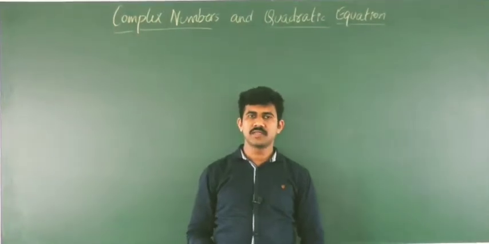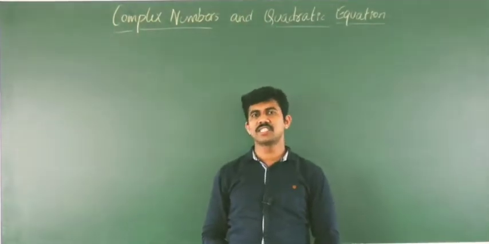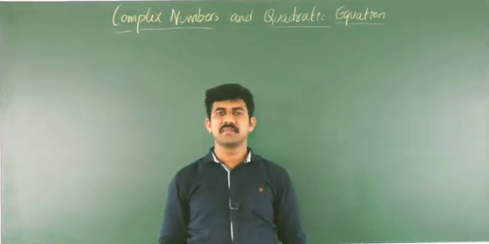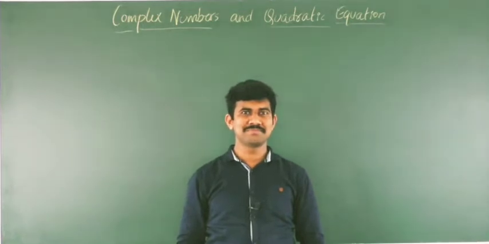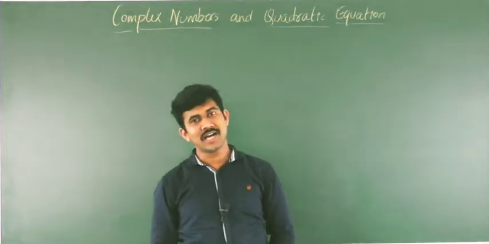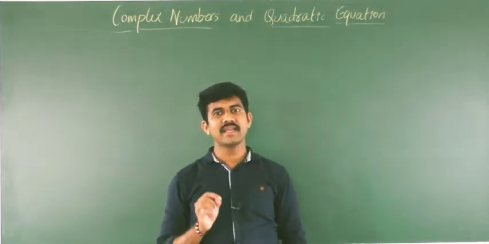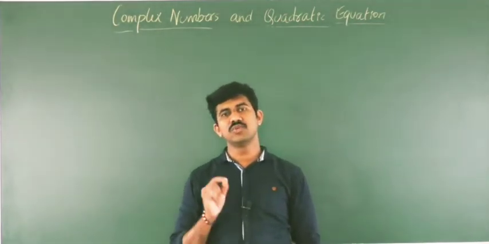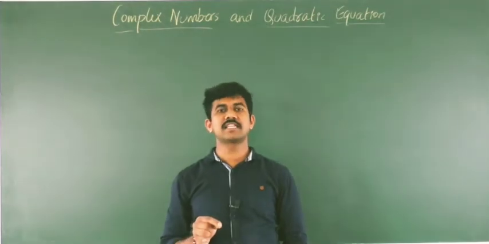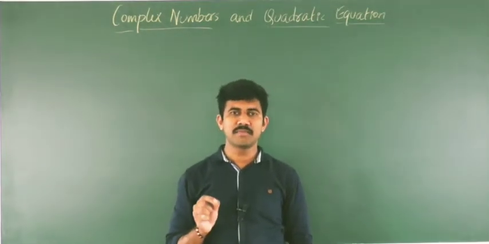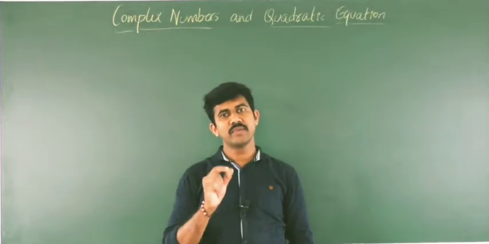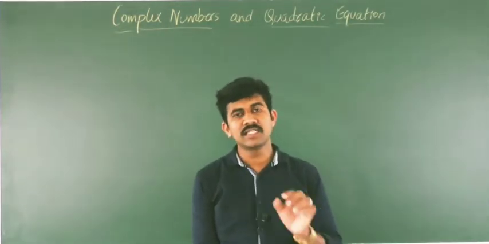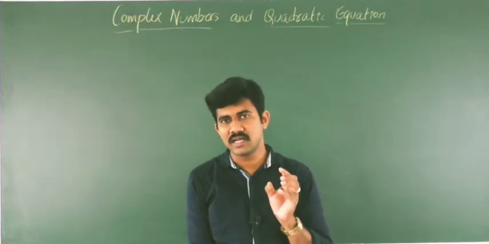Hi, dear students. In our previous session, we came across the concept of the argument of a complex number. What is the argument of a complex number? It is the angle measured from the positive direction of the x-axis to the line segment from the origin to the given complex number, that is OP. That is theta, and theta is called the argument.